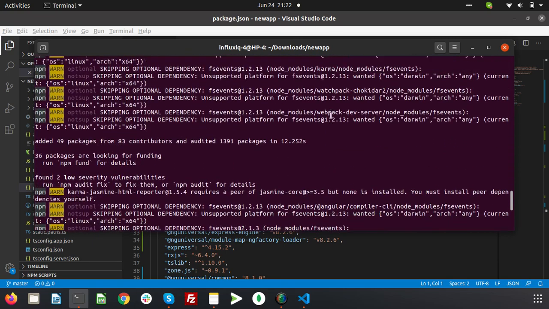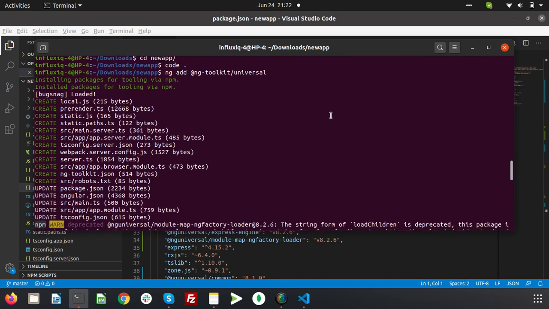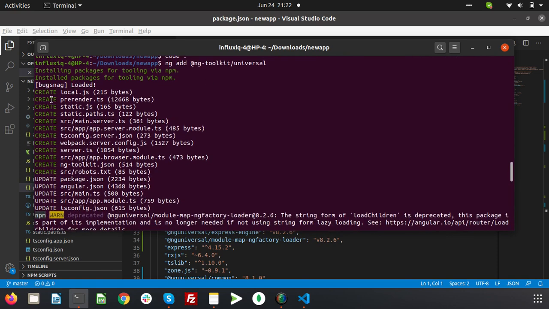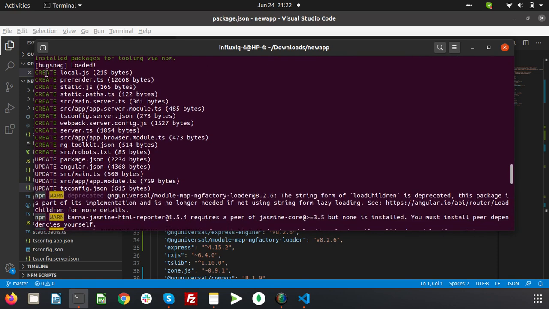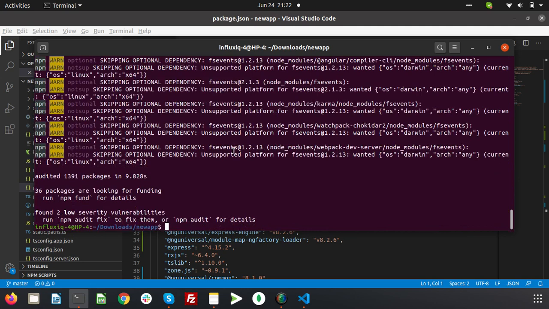As you can see, many packages have been created and many have been updated. The list is given here. You can do your own research on which package is essential for what functioning. After installing the universal toolkit, we will install the serverless toolkit in our project.